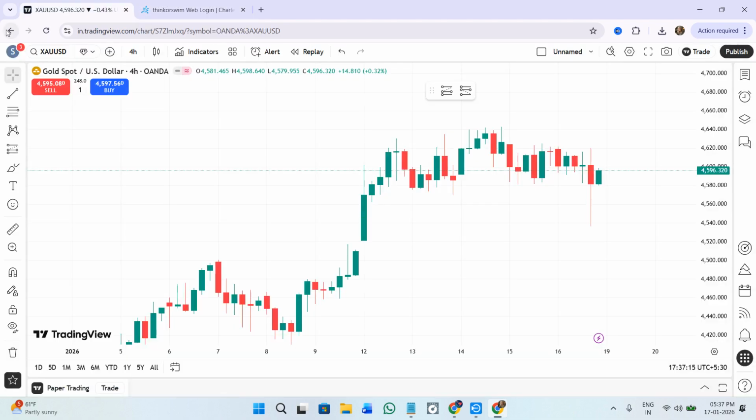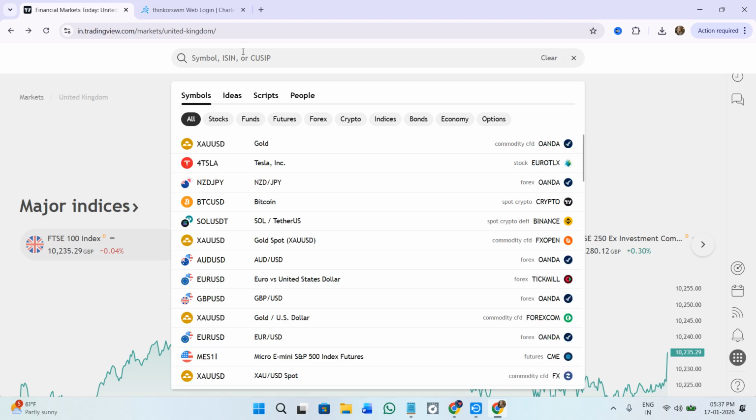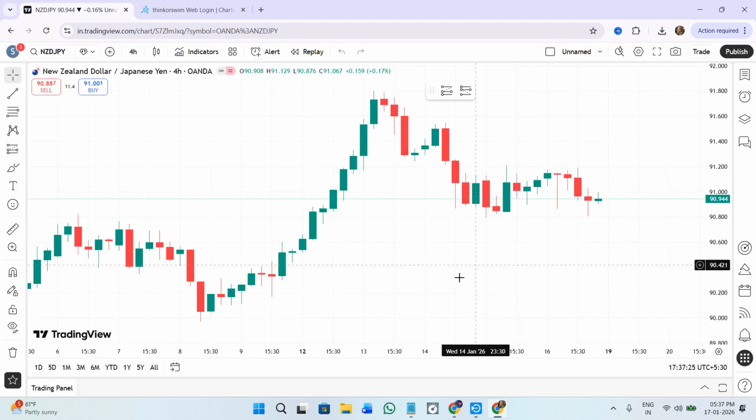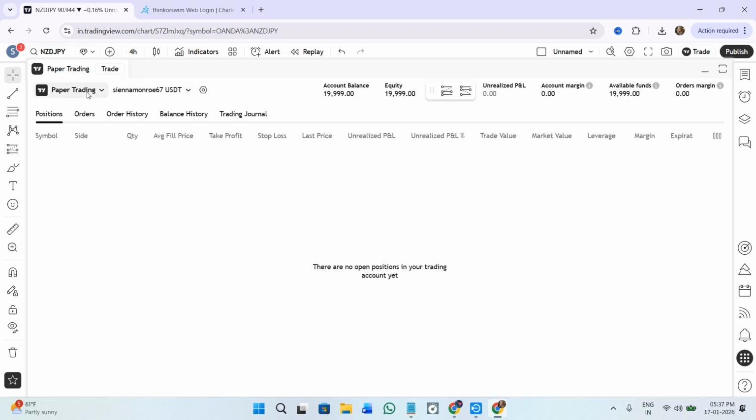For that, first of all, open your web browser. Over here in the search bar, you need to simply search for Tradingview. After logging in into your account, simply launch any of the charts in front of you. So once you have launched the chart, click on the option of the trading panel in the bottom left hand